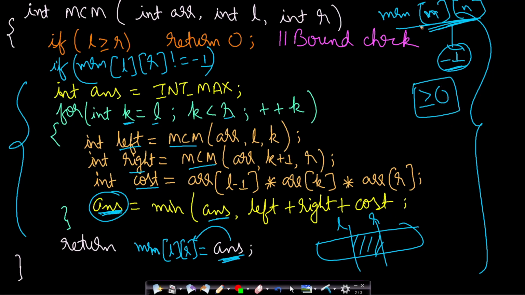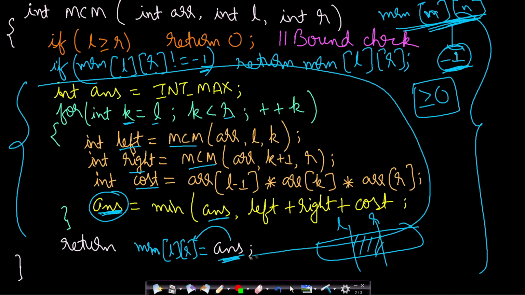So if we assign all the values of the memoization cells with a negative value, then we know that a negative value can never come. And if the cell is already negative, that means it is never calculated. Okay. So if memoization at L, R is not equal to -1, that means it is a positive value. Then it means that it is already calculated and we just need to return the value at memoization at L and R. Okay, so this is saving us a lot of time. This entire code will not be passed again. Okay, so this will save us a lot of time.